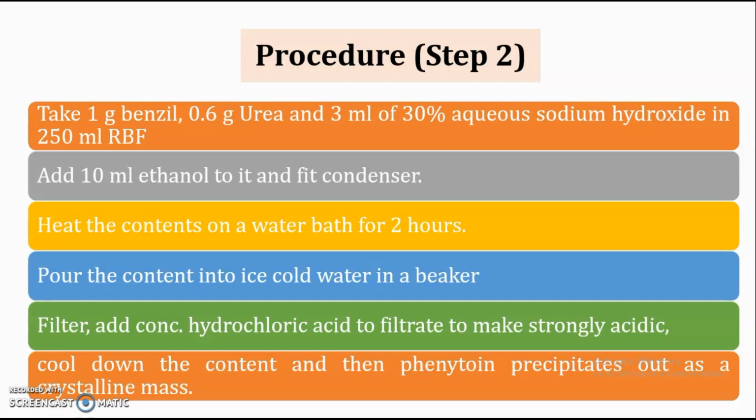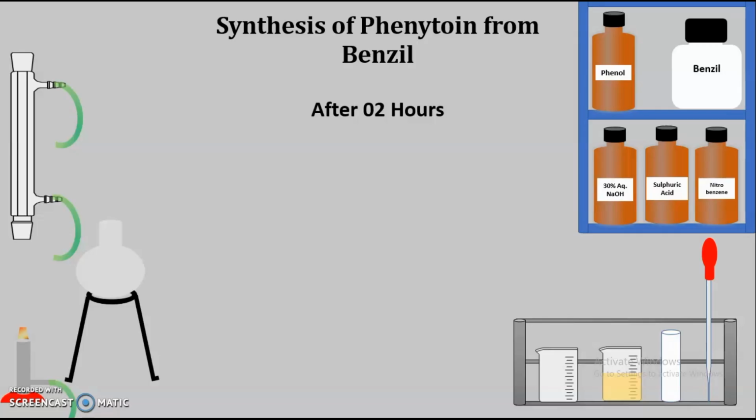Now I will show you how to perform this practical as if you were present in your lab. Just imagine that you are present in the lab. Once again, the same type of assembly that we used for step 1 will be used for this step also, where we will now be carrying out the synthesis of phenytoin from the benzil. For that purpose we will require